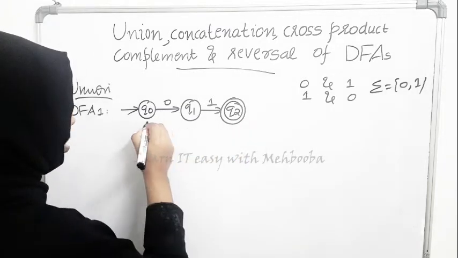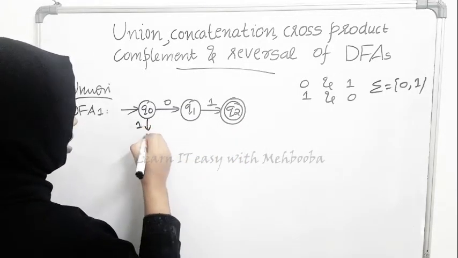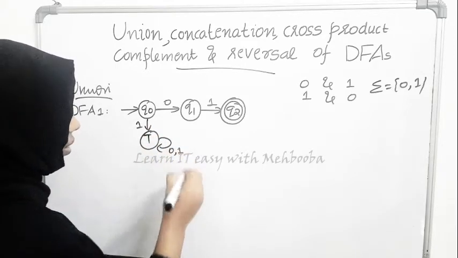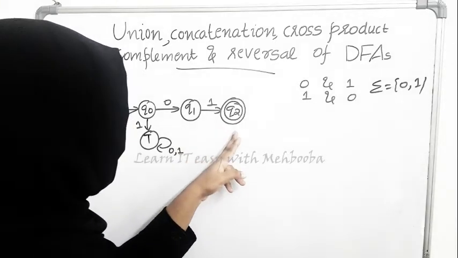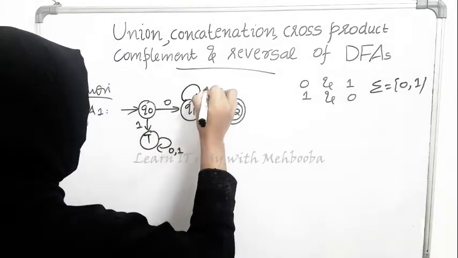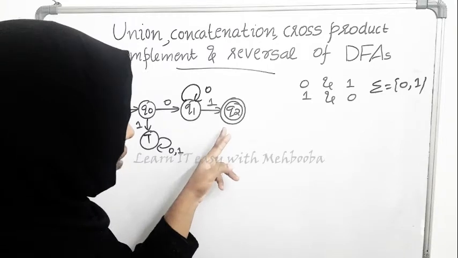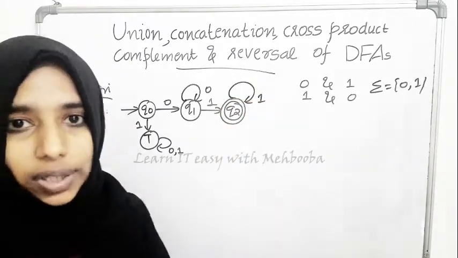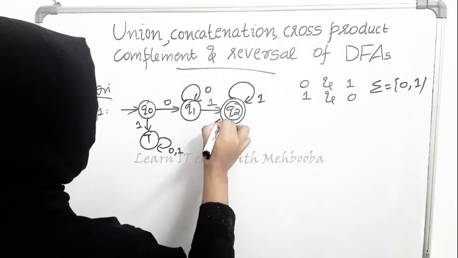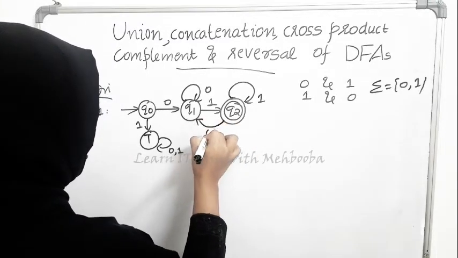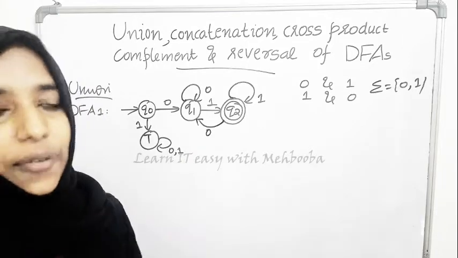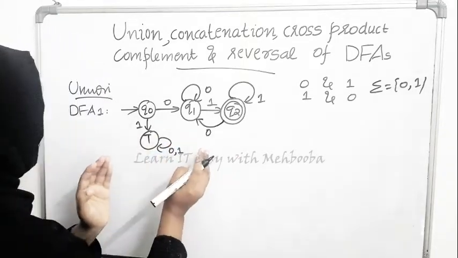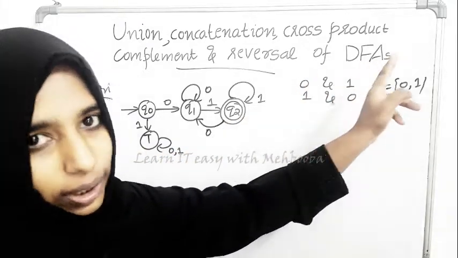Now it starts with 0, so a starting character of 1 cannot be accepted. That will take you to the trap state. Now you can have any number of zeros in between, no problem. It should end with a 1. If you are getting more ones at the end, no issues, because any number of ones is still ending with a 1. Now if you are getting a 0, you have to come all the way back to Q1, and wait for a 1 so that the string will still end with a 1. So this is the DFA for strings starting with 0 and ending with 1.